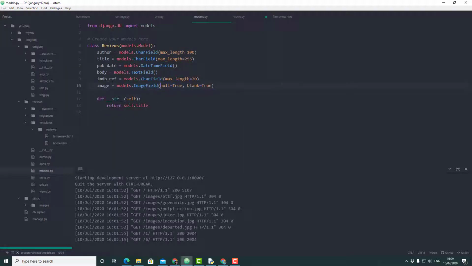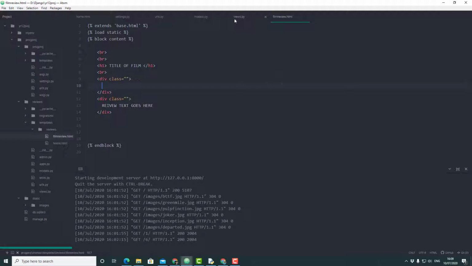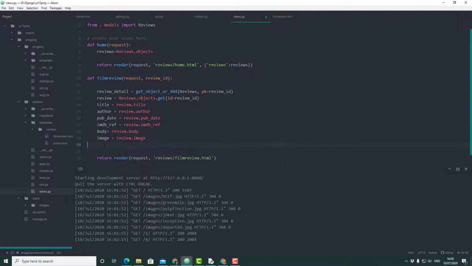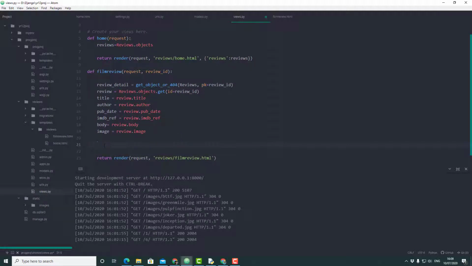Oops, wrong one, models. I think I've got everything. Let's take the image as well. So let's say image equals image. Okay, and then what we want to do is, now that we have this information, we're going to pass